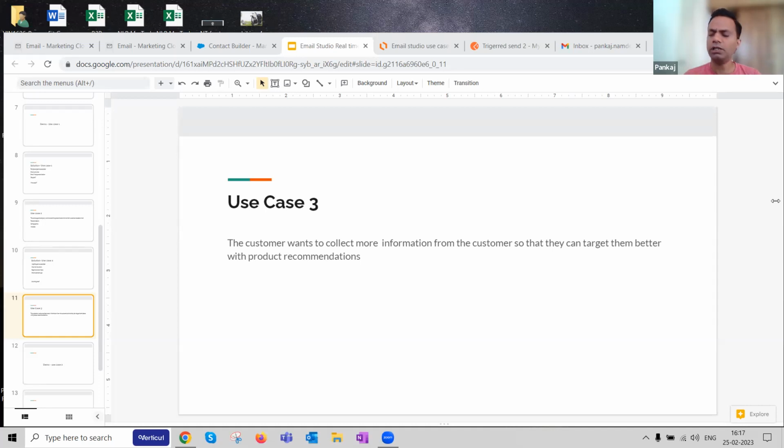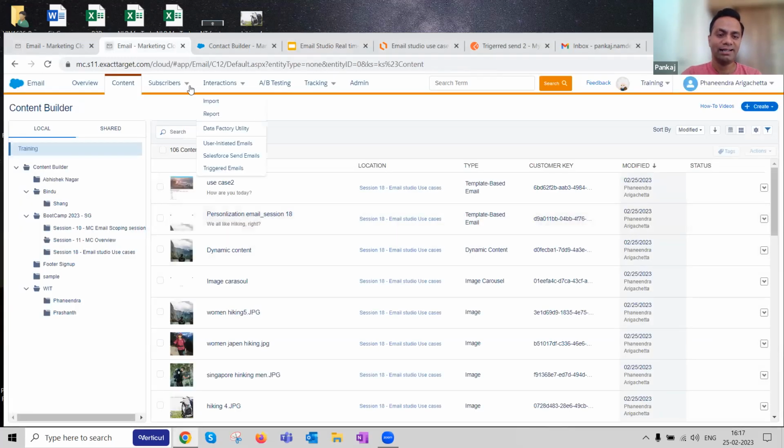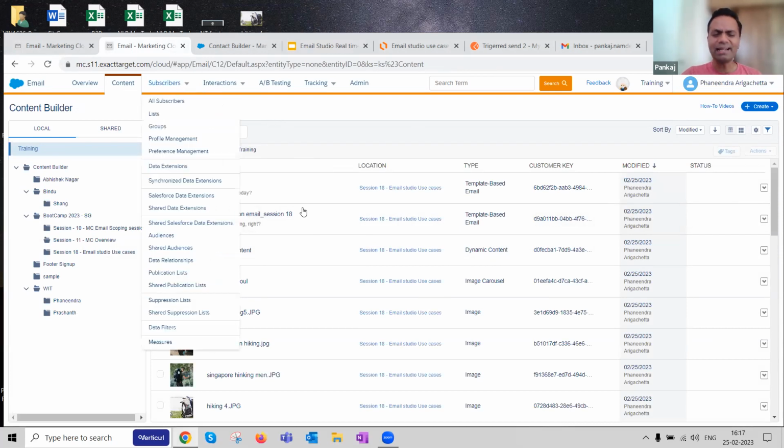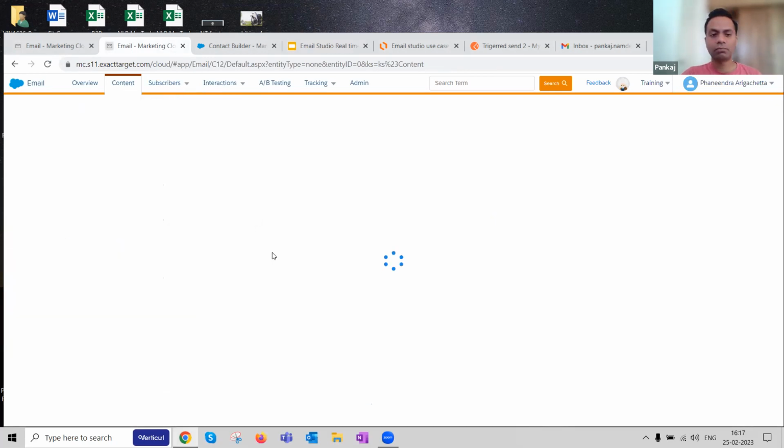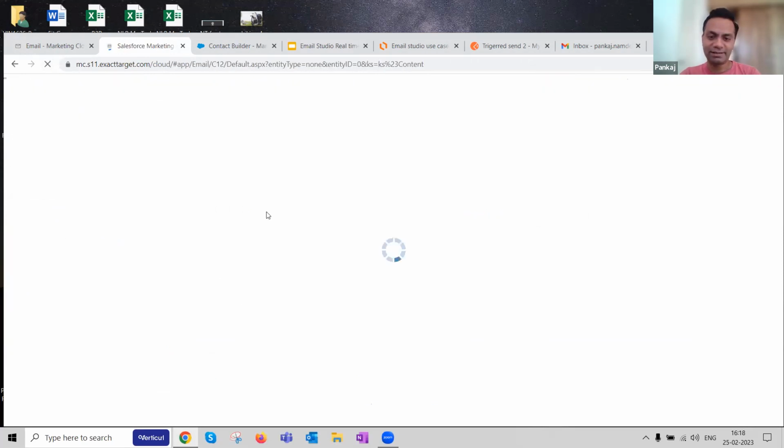In Email Studio, in the context of this conversation, a lot of people have mentioned smart capture. Absolutely, you can do it on cloud pages. But in the context of my discussion, you can use one very important feature that is relatively new, probably a year or 2 old. That tool is called interactive emails, right? That's one good feature that will help you to do progressive profiling apart from other use cases.